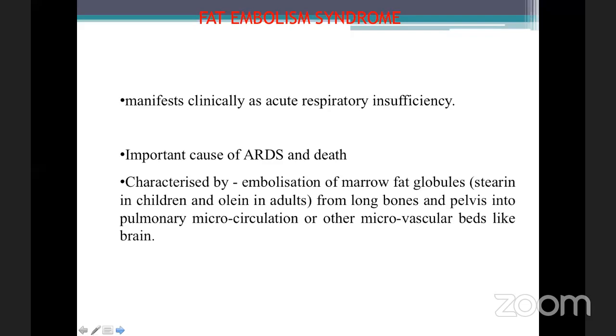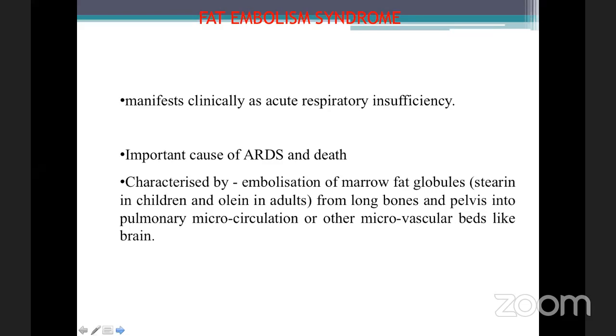See, in a long bone, for example, the shaft of femur, you have your diaphysis. Within your diaphysis, you have your bone marrow. In a long bone fracture, whenever you get a fracture, this bone marrow gets disrupted. This bone marrow contains fat cells. These fat cells definitely get dislodged, and this occurs in all sorts of fractures, but that is not fat embolism syndrome. When this embolized fat goes and obstructs the end capillaries of vital organs like your lungs or your brain or your retina, and causes a debilitating condition to the patient, then you call it